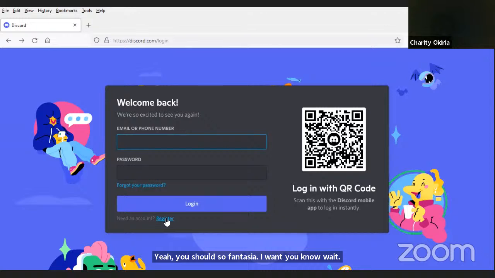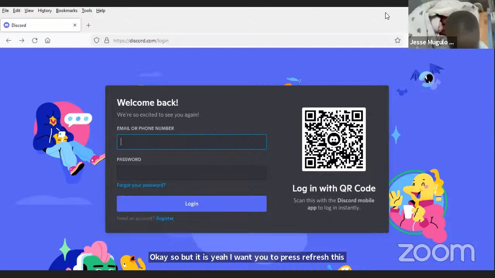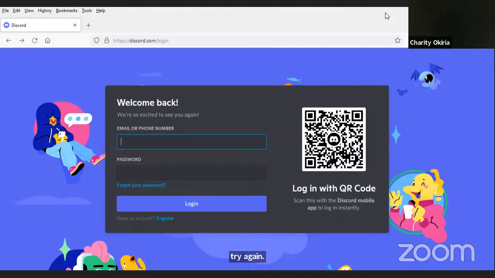So Fantasia, at that part where you put email, phone number, were you able to actually create an account? Okay, so Fantasia, I want you to first refresh this tab and try again. So refresh after that button after the right arrow up here.